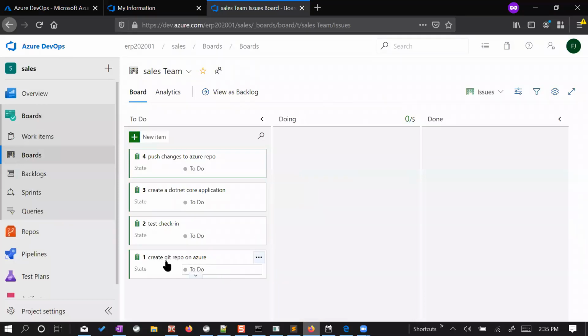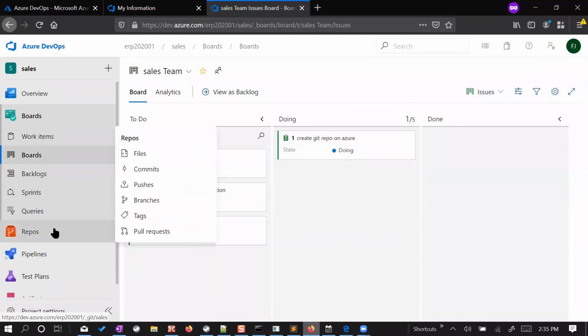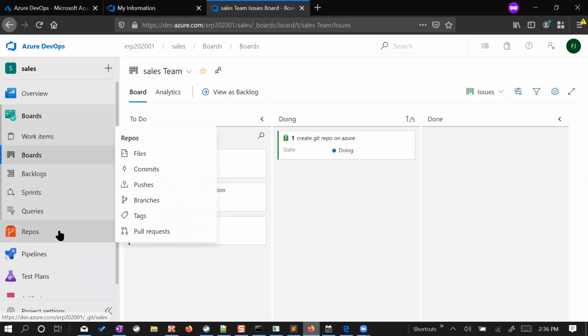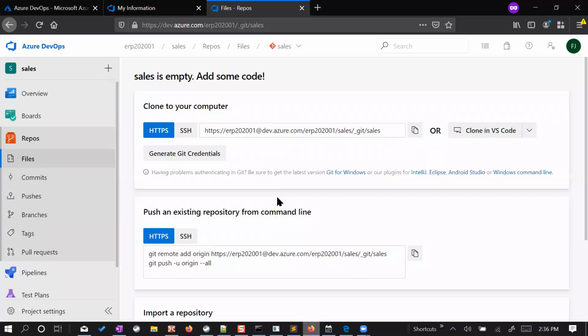So for now, let's say that we are going to create a Git repository on Azure. We are actually pretty much done with it. We just have to go to repos, and then we just have to see how to add some credentials and how we can create a cloned copy of it and so on. So let's say for now, I'm just moving this particular task to this doing column. And then next, let's look at the Git repository here, which is what I was trying to show you previously on